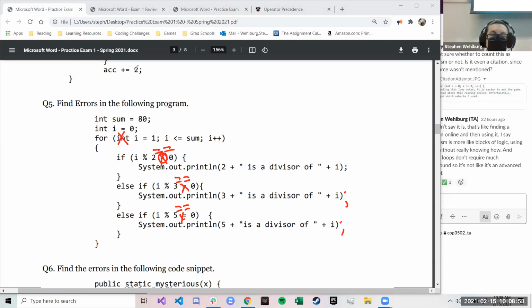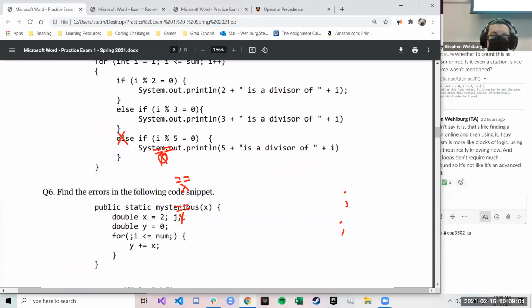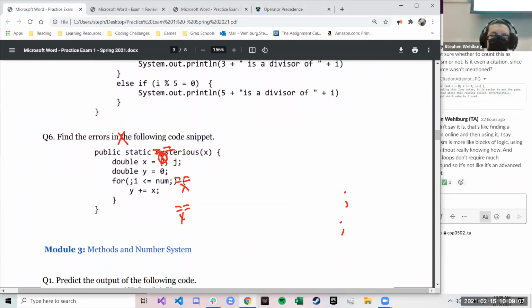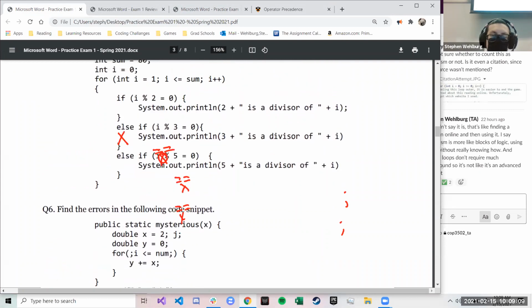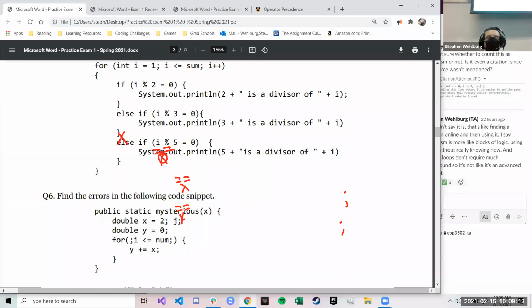Semicolon, semicolon. Why, if I modulo 2 equals 0? Oh, it's saying that's a logical error. Okay, so the other error was saying that